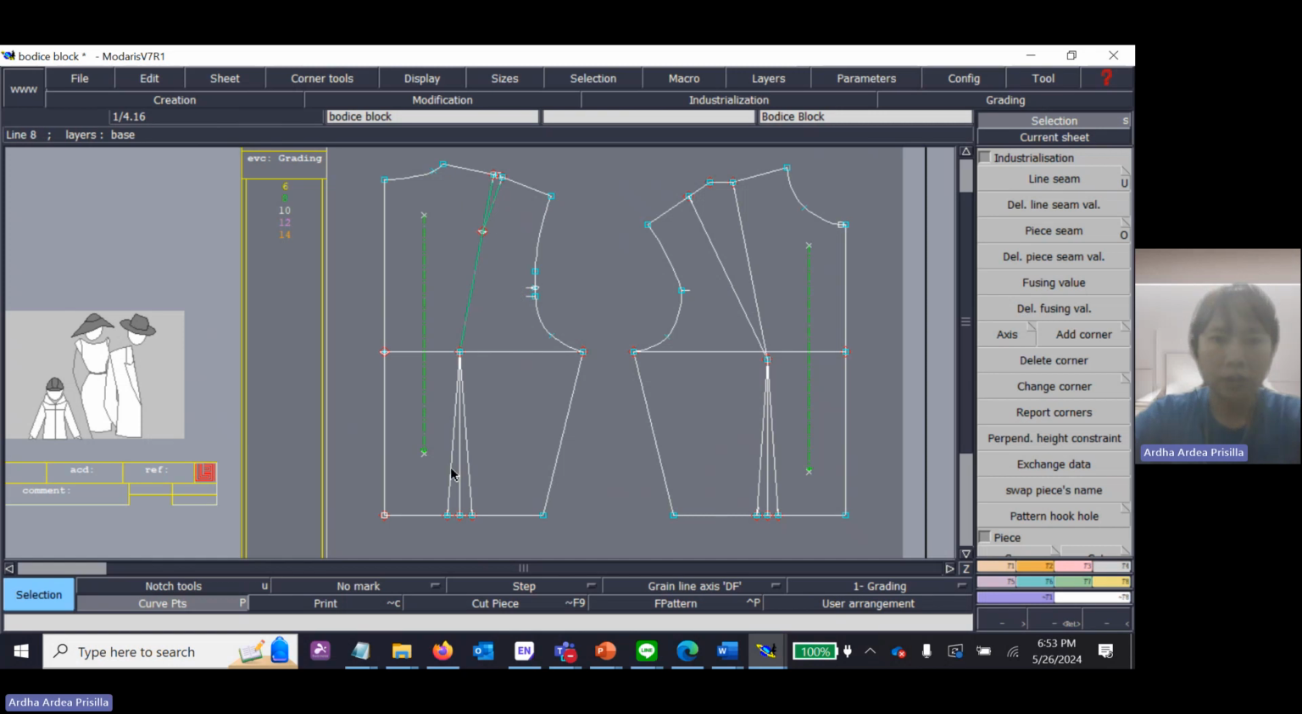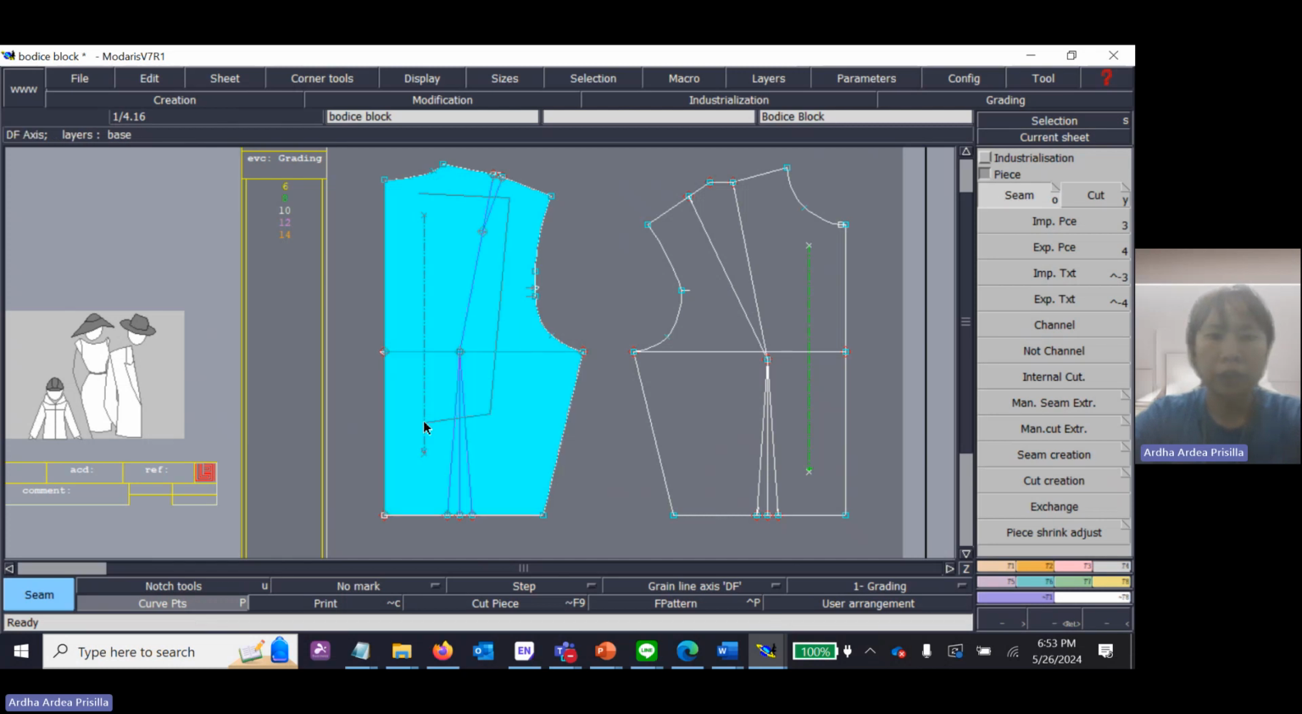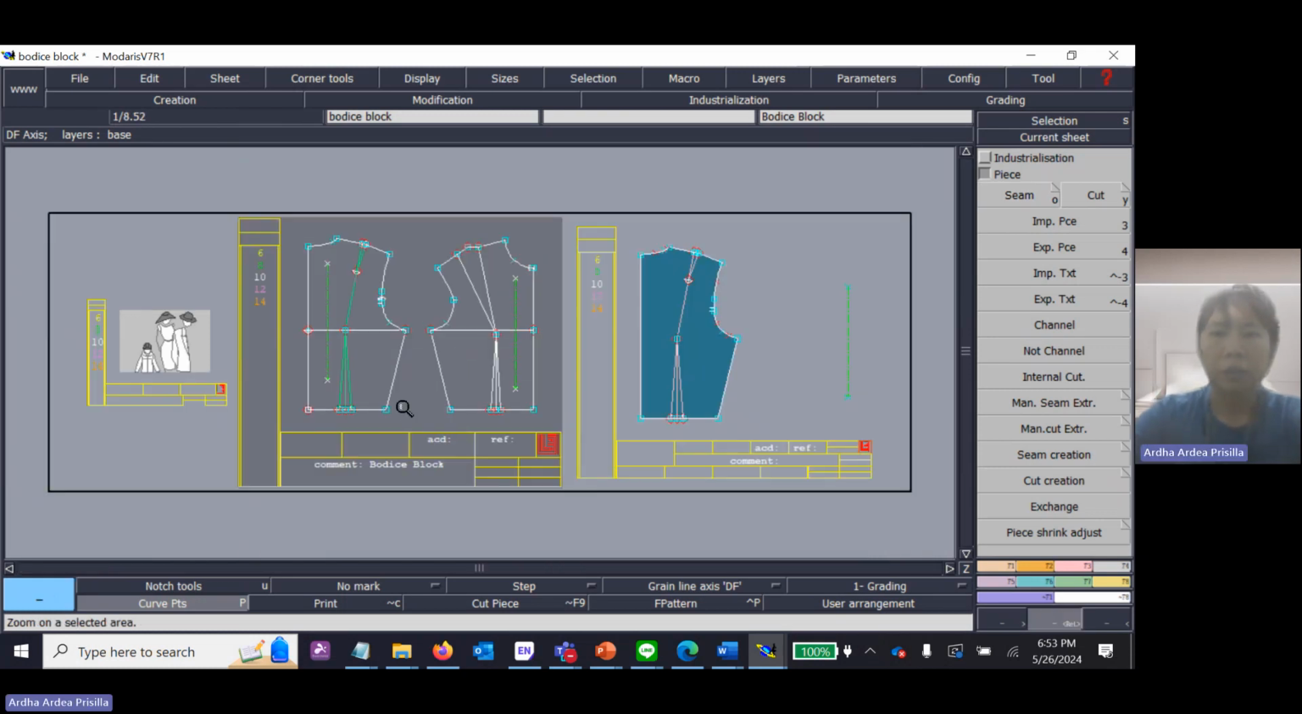I will just select the darts and then I will select the seam to make the pattern piece. Okay, select all, go down, click, and then go left here. Click everything, click left, and then click here with right click to make sure everything is in the blue blocks. Right click. Now you can see